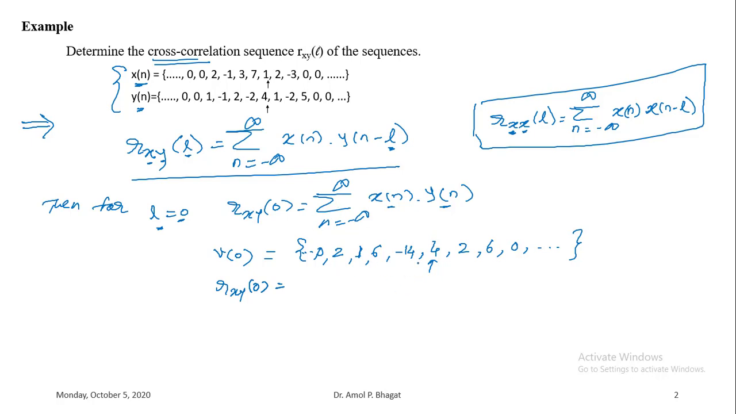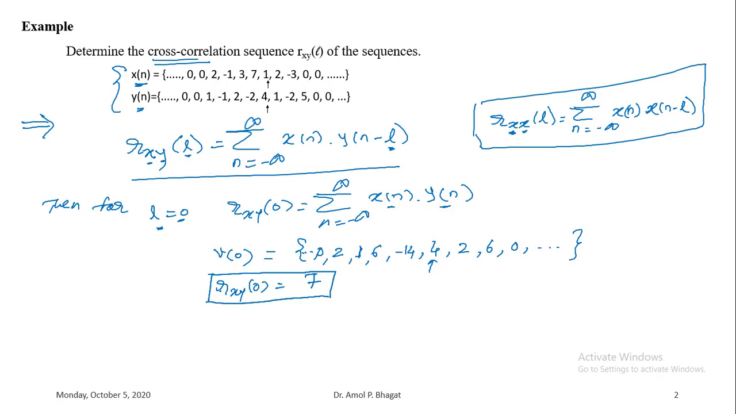So we'll be carrying out the addition of these values. It will be 2 plus 1 plus 6 minus 14 plus 4 plus 2 plus 6. Right? So you will get 9, this will be minus 5, this will be minus 1, this will be 1, and 6 plus 1 will be 7. Okay, so the sample in the cross correlation sequence at origin, that is at L equals 0,